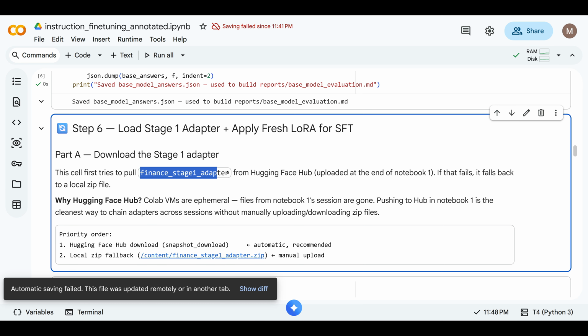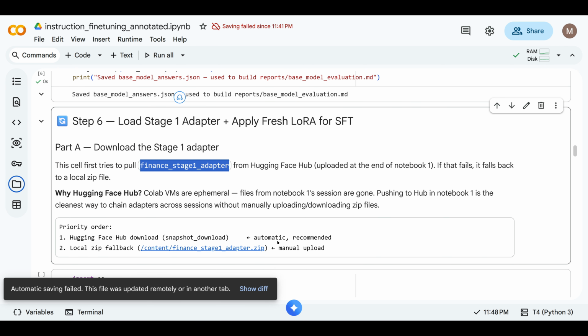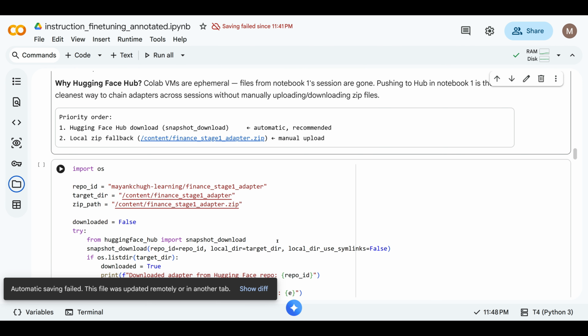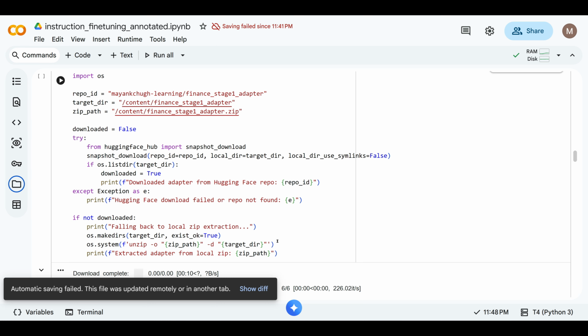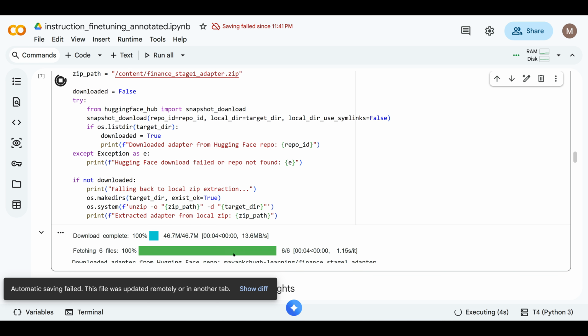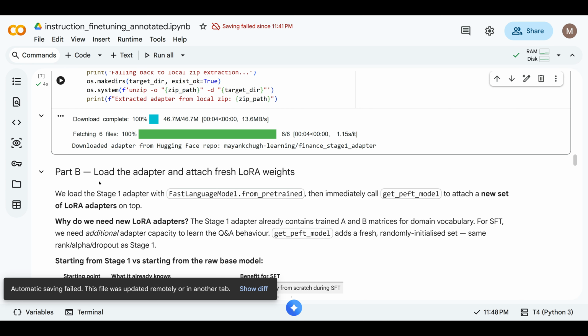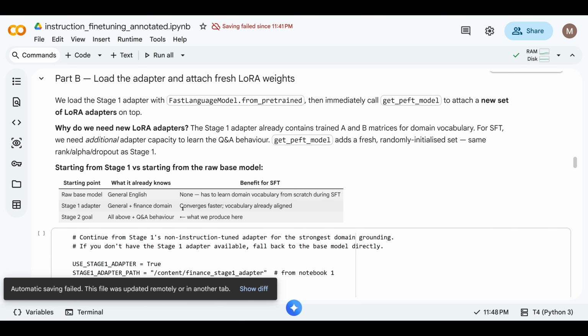We'll download the stage one adapter. You see, we don't have any model over here. We have downloaded. If it is failing from Hugging Face, then we'll upload it from here and execute again. So let's see whether it is downloaded from Hugging Face or not. So it's downloading from Hugging Face, downloaded adapter from Hugging Face. This is the stage 1 adapter. And similarly, then we'll do the